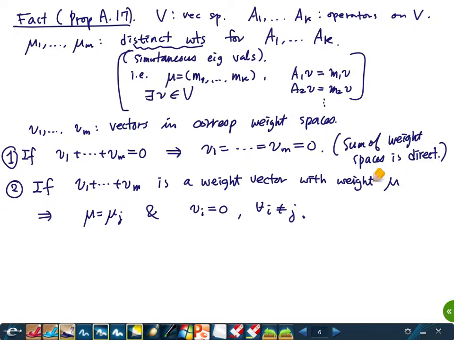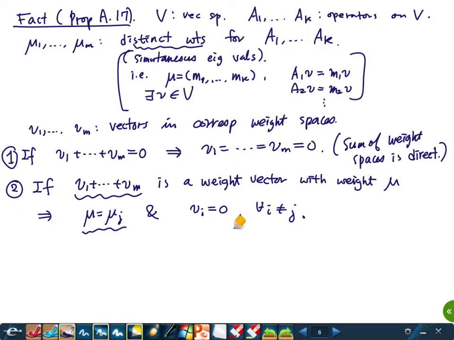So if you want to make a weight out by adding weight vectors, there's only one part surviving. The other must be 0. This means the weight must be one of the weights there, and the other vectors must be 0. This is